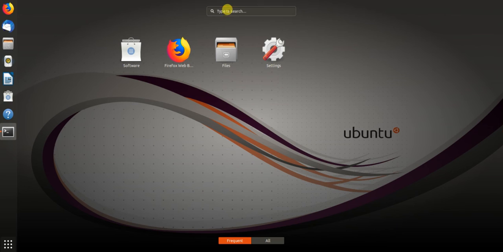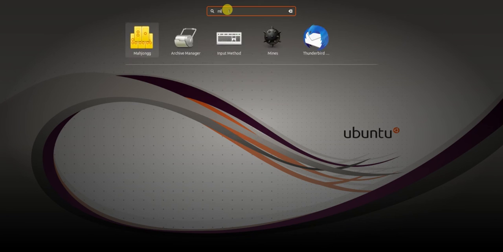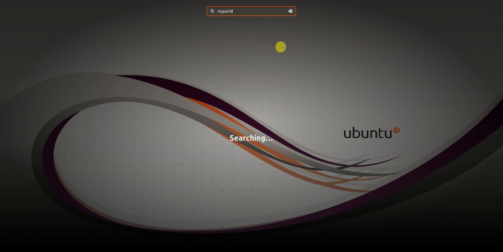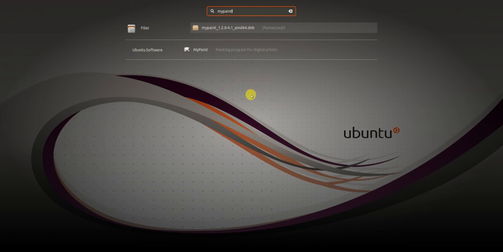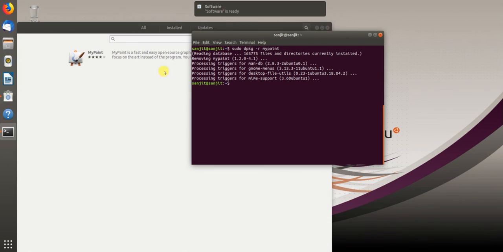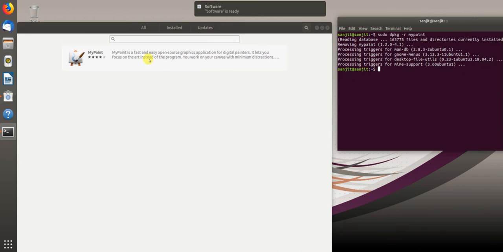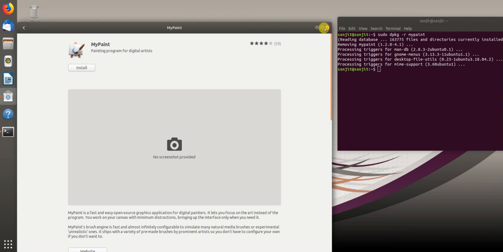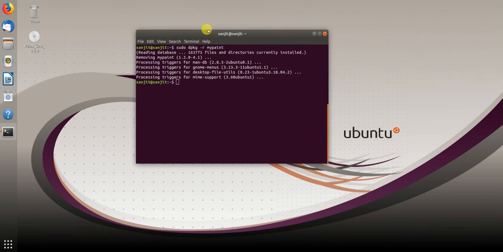If you want to check, it's very easy. Cross verify, type mypaint. So you can see nothing is there, right? Everything has been removed. Okay, and the Ubuntu Software Center has this software. If you go to the Ubuntu Software Center, you can install it from there if you want. But right now, for this moment, we have successfully uninstalled the thing.